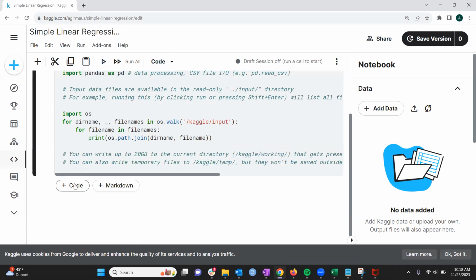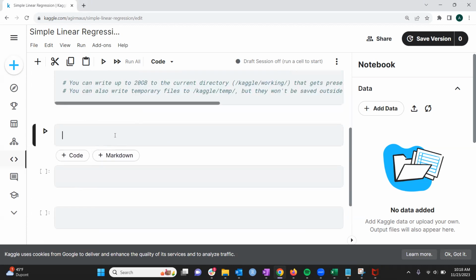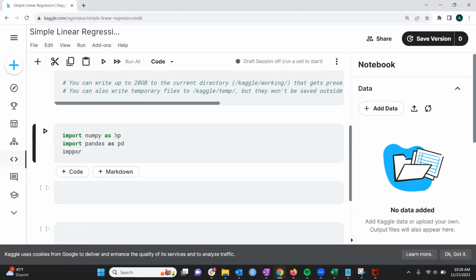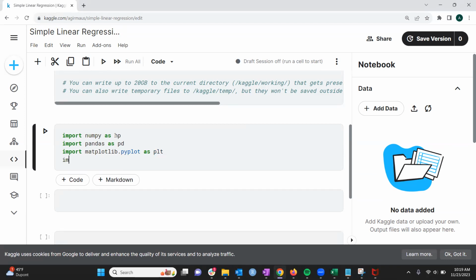So the first and foremost is we import all the libraries. So here I am importing NumPy as np because for linear regression, mostly our data format has to be in arrays. So we need NumPy. Then for all our transformations, import pandas as pd. For visualization, import matplotlib.pyplot as plt. Import seaborn as sns,